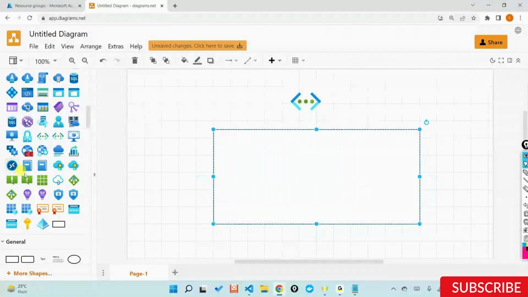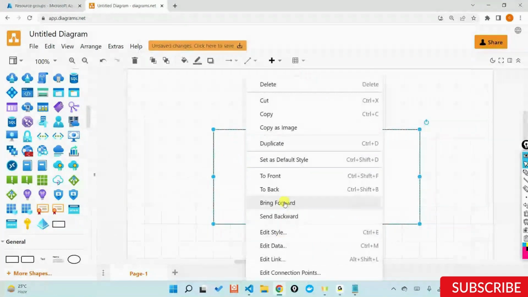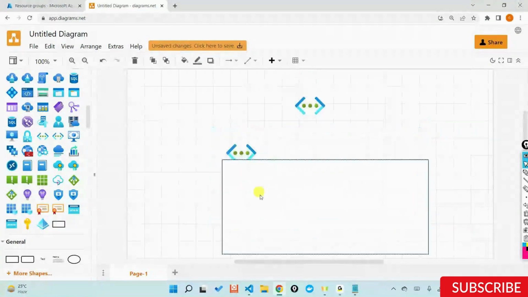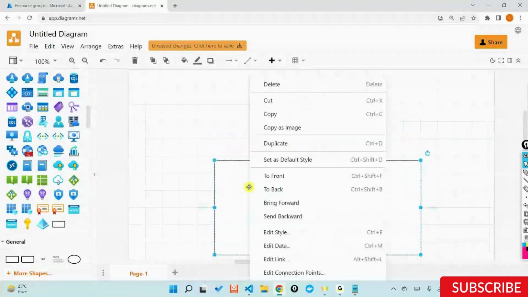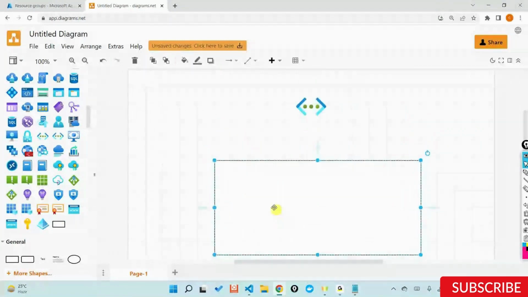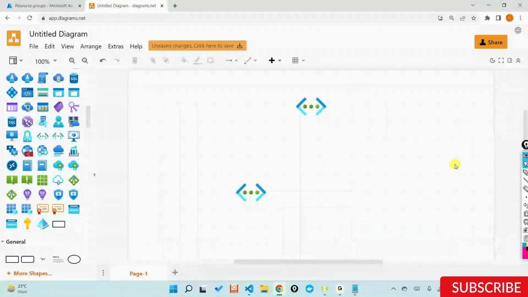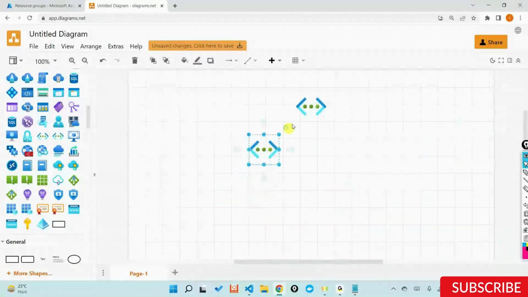Then inside the virtual network, I have a subnet. Let's bring it forward. Sometimes this doesn't really work. Okay, forget about this one. Let's remove this out. Inside the network, you have something known as a subnet,